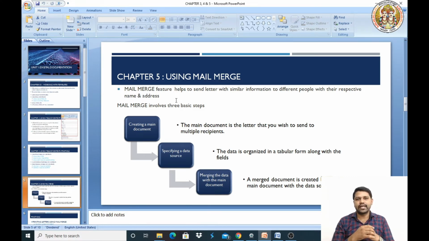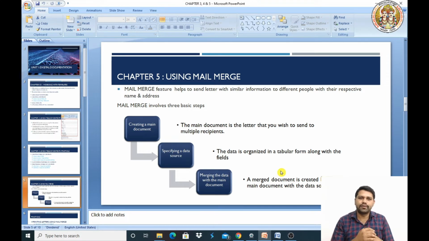So this operation can be done using Gmail also. Then why are we using this feature in Word document? What is the difference? So the difference is, in a mail all the information will be sent to the multiple recipients, but there we cannot get it with their names and addresses. By using this feature we can generate a document with their respective name and address.